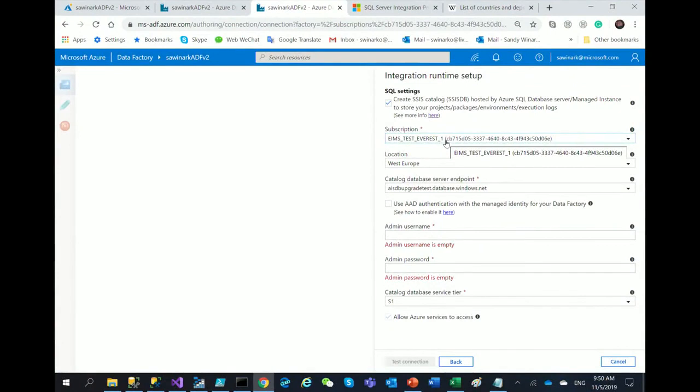You can use SSISDB hosted by Azure SQL Database or managed instance. In here, you have to provide your Azure subscription, and then after you provide your subscription, you select the region. The region usually has to be the same as the IR, because remember there's a separation for compute and storage. If your compute is actually in West Europe, you should have SSIS be hosted in West Europe also, because